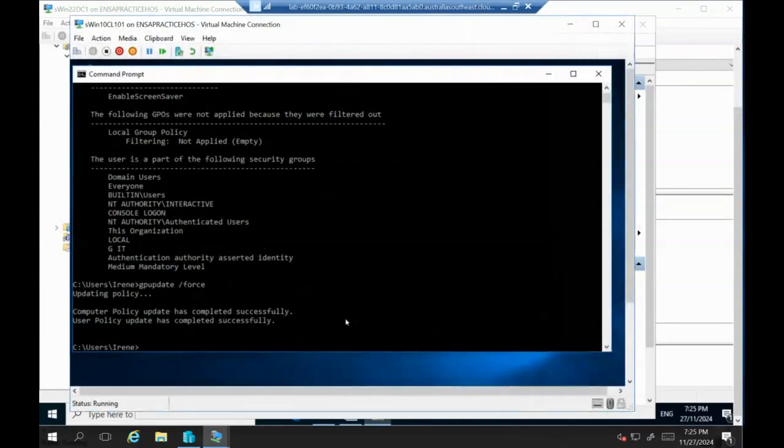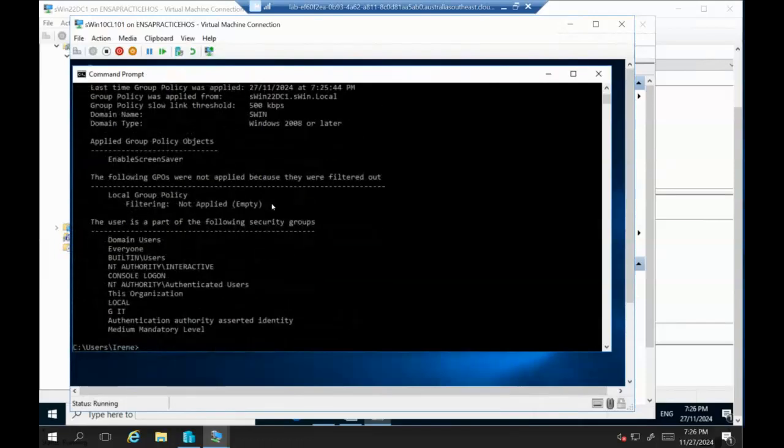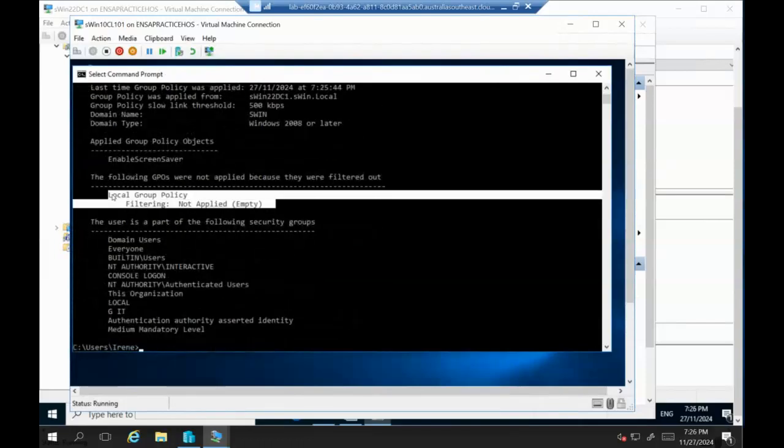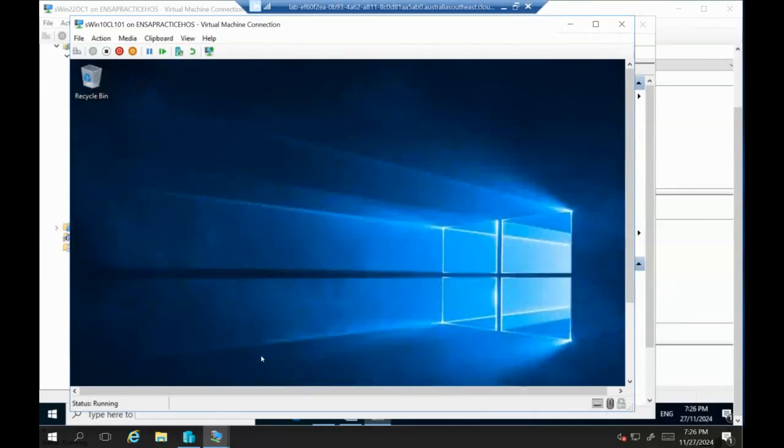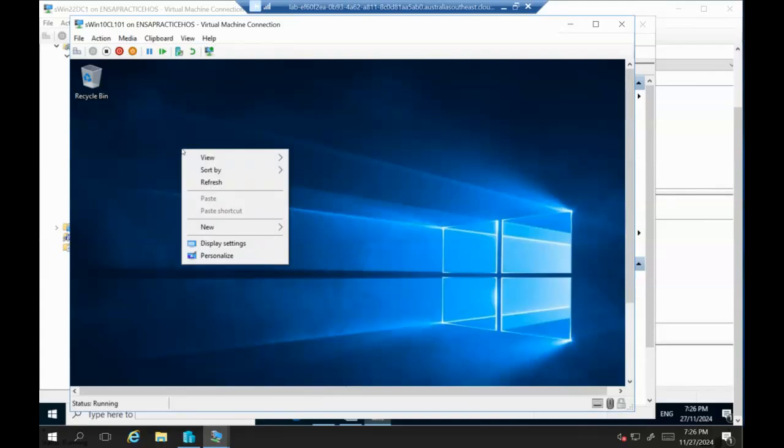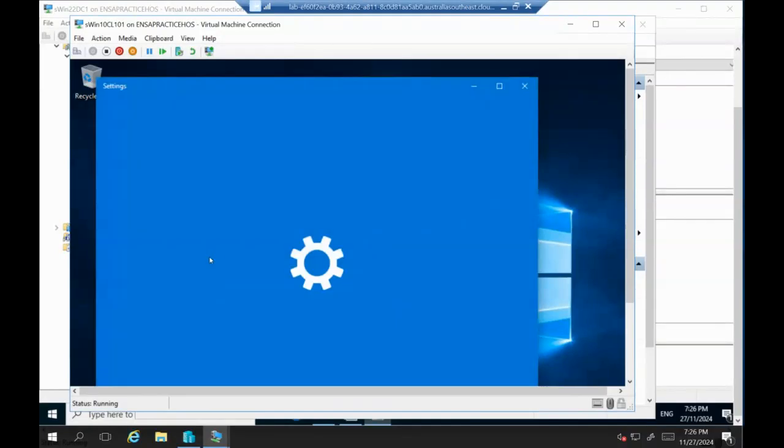All right, so the policy, we've got it. If I just go tab up again, gpresult /r, it shows me what policy I have. Okay, this is what I've got. Let's test it. So if I right click and I go to personalize, and